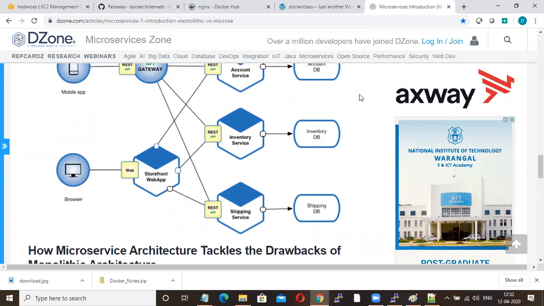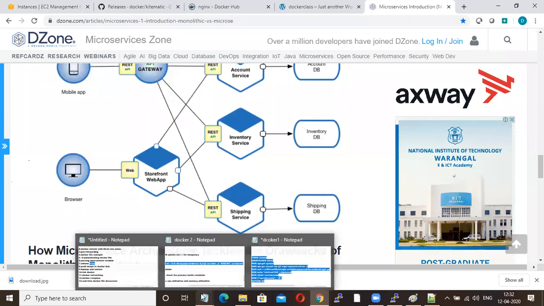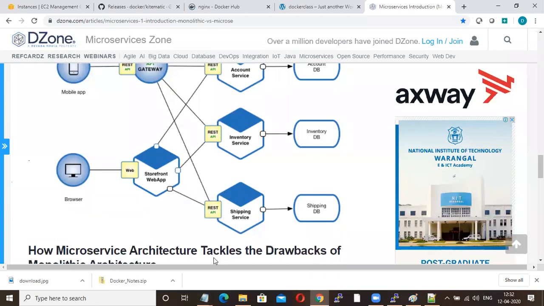So that's what I said. Orchestration will be done using Kubernetes. Okay. So any other doubts? So still we have like 40 minutes of session. Okay. Again, so now you would have understood why people are moving to Docker containers, right?